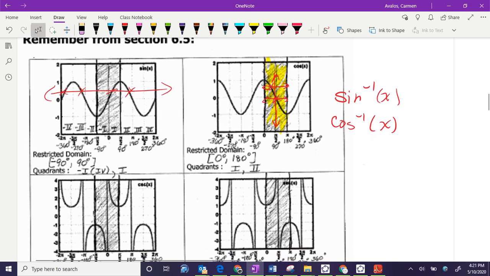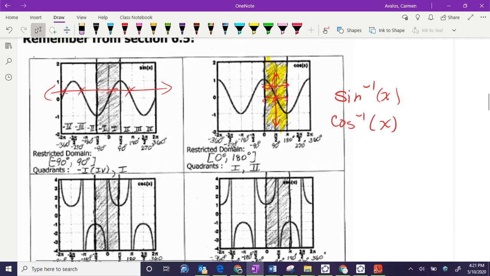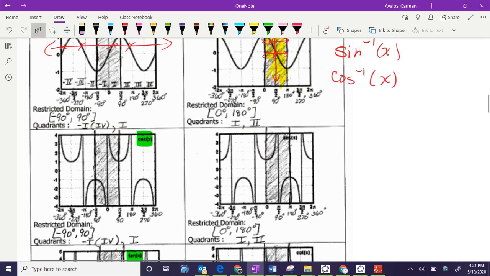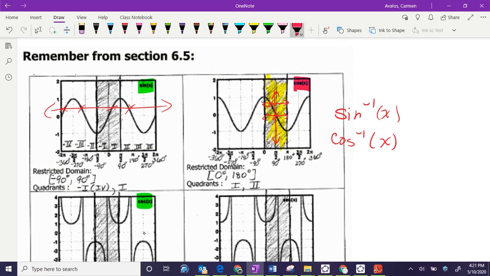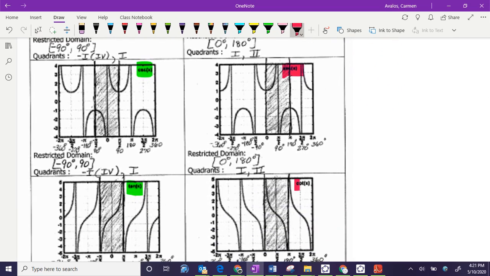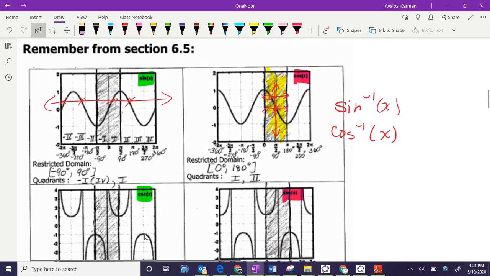And what happens is that sine, cosecant, so these all go together. So this is sine, cosecant, and tangent, which all have the same restrictions, and cosine, secant, and cotangent are all restricted over the same thing. So this one here is quadrant 1 and quadrant negative 1. This one here is quadrant 1 and quadrant 2. And so